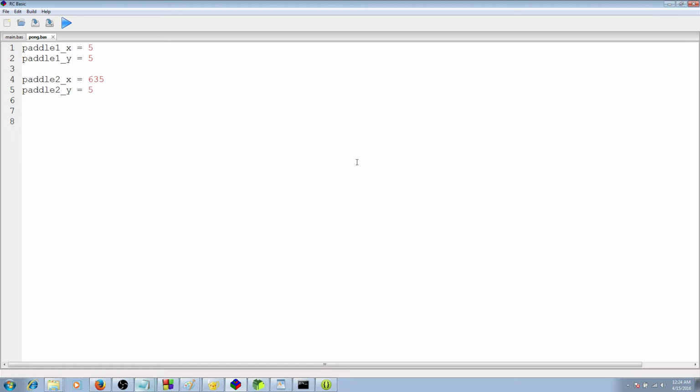And that's basically just, we haven't done anything with any of these variables, but this is gonna be our first paddle, the paddle on the left side of the screen, and this is gonna be our second paddle, the paddle on the right side of the screen. This is the x value, which is pretty much 5 pixels off of the far right edge of the screen. And this, setting both of them to 5, puts them at the same height on the screen, even though they're across from each other. And the last thing we have to worry about in a Pong game, obviously, is the ball. So we'll call this variable ball underscore x, set it equal to